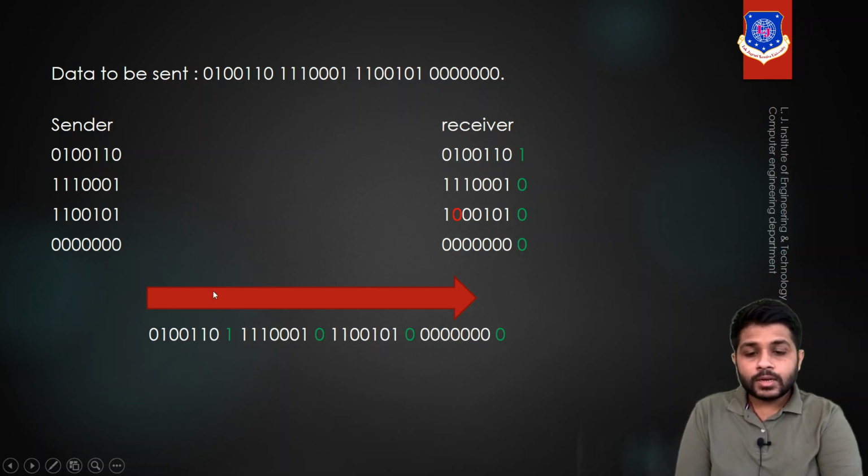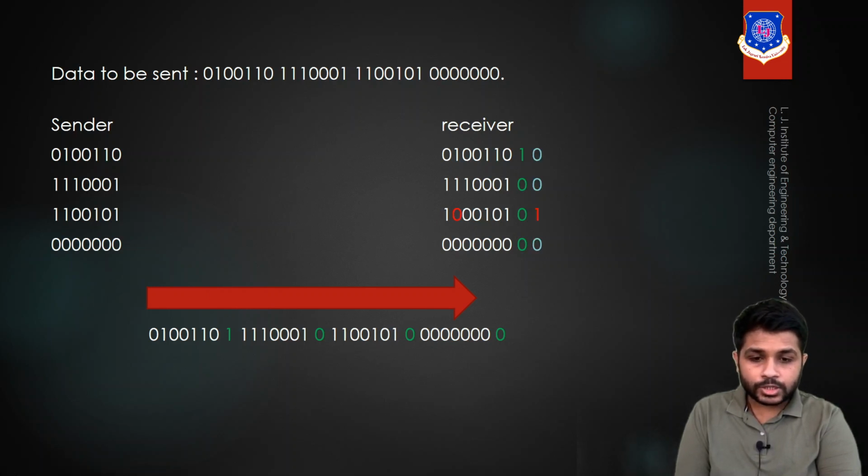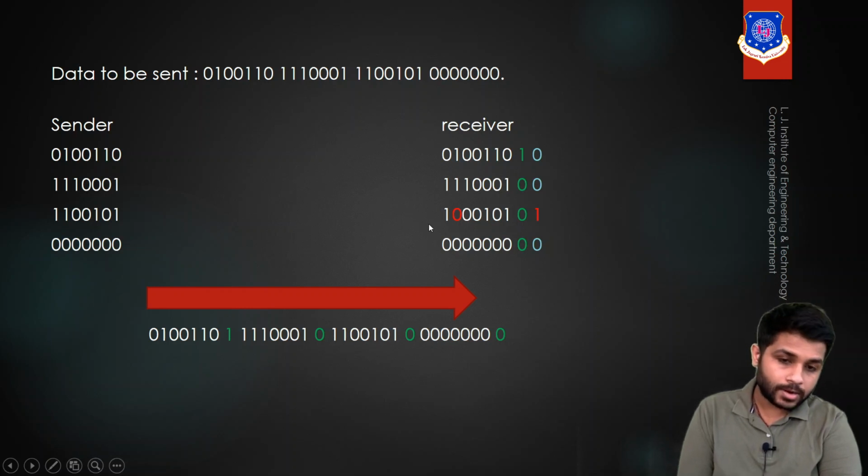Now imagine that in the channel one bit is changed. Then we can see that not every added extra bit is 0, though it is supposed to be 0. If the receiver adds the extra bit and the value of any bit is non-zero, it means there is some error. In fact, we can also find the block in which the error is present. Like we are getting 1 here, it means in this block there is some error.